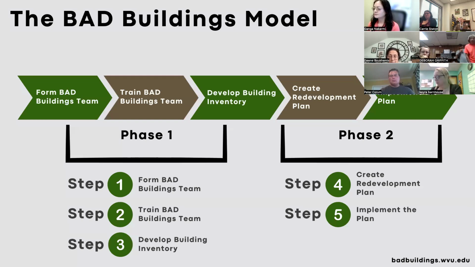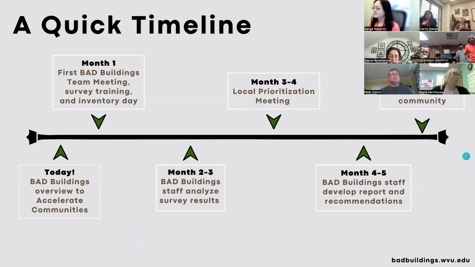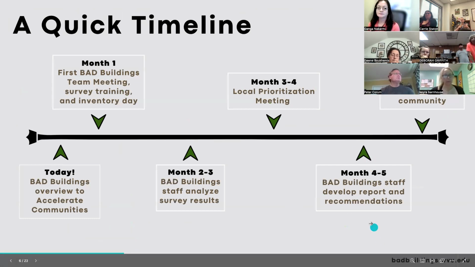Step 4, which is when we move into phase 2, which is when we will be creating the redevelopment plan, looking at the prioritization of those properties. And step 5 will be implementing the plan. And going into a quick timeline of how that may look, today we're doing our quick overview to the Accelerate